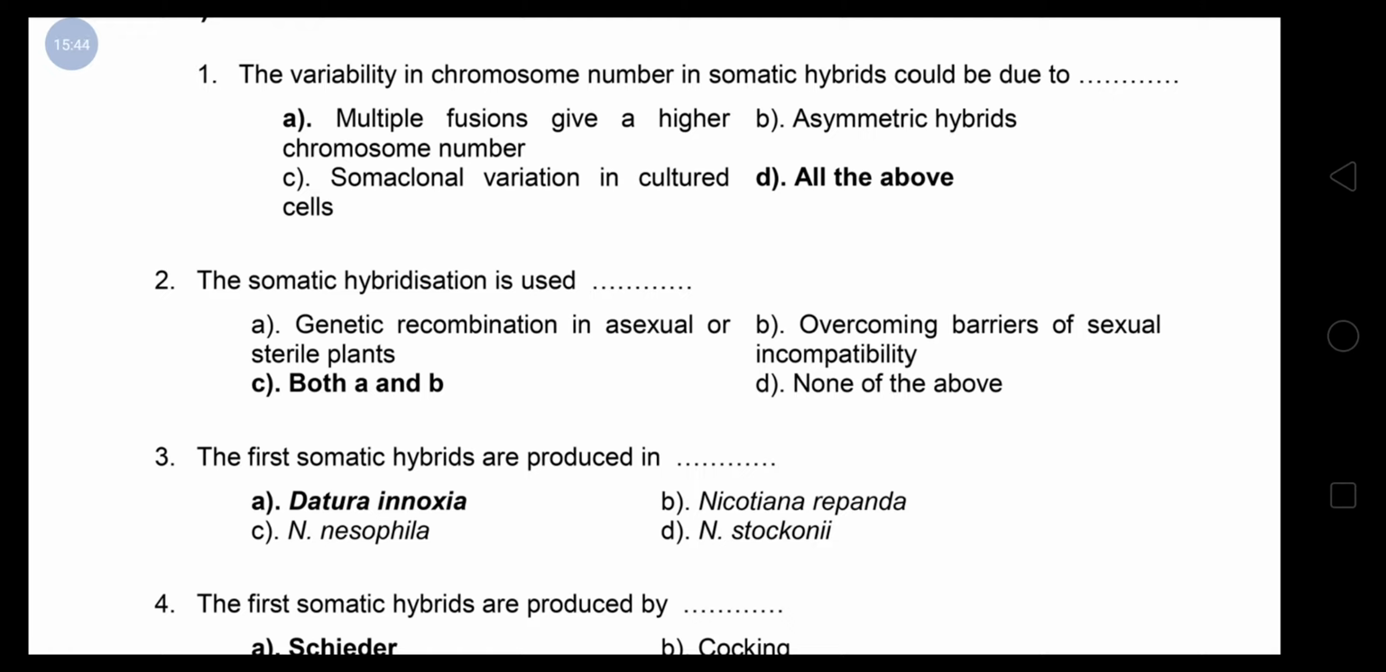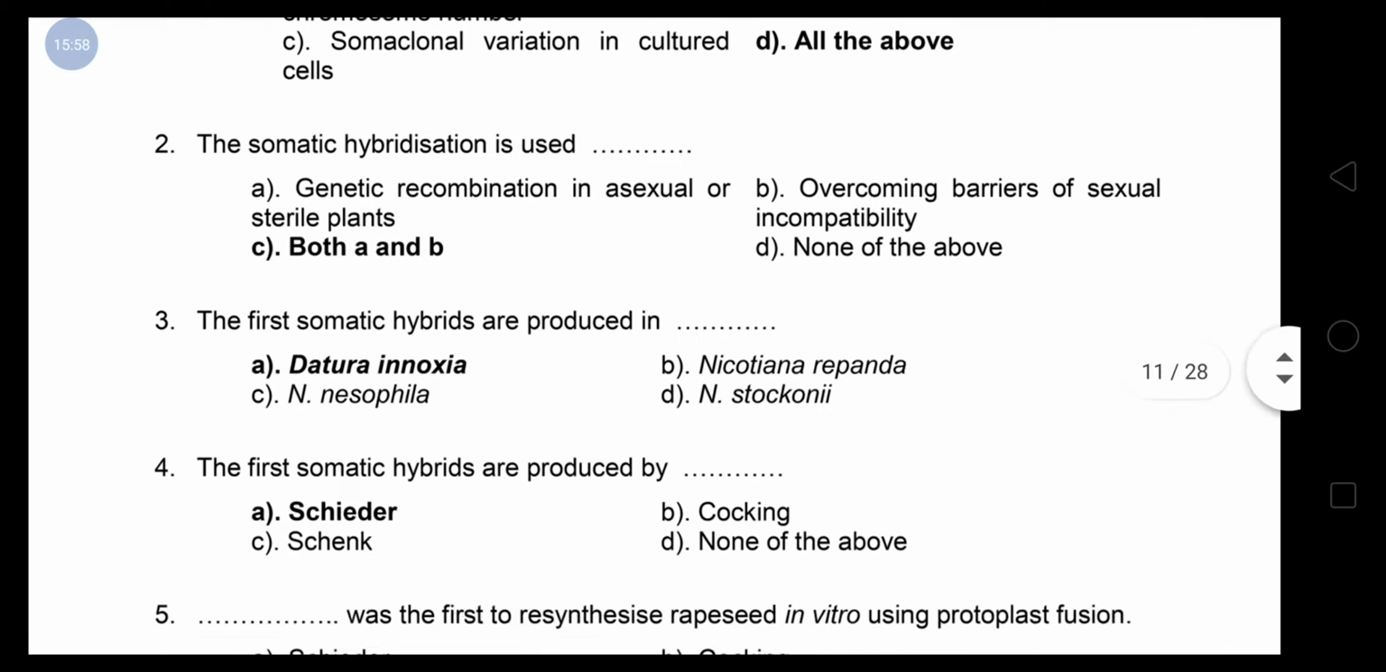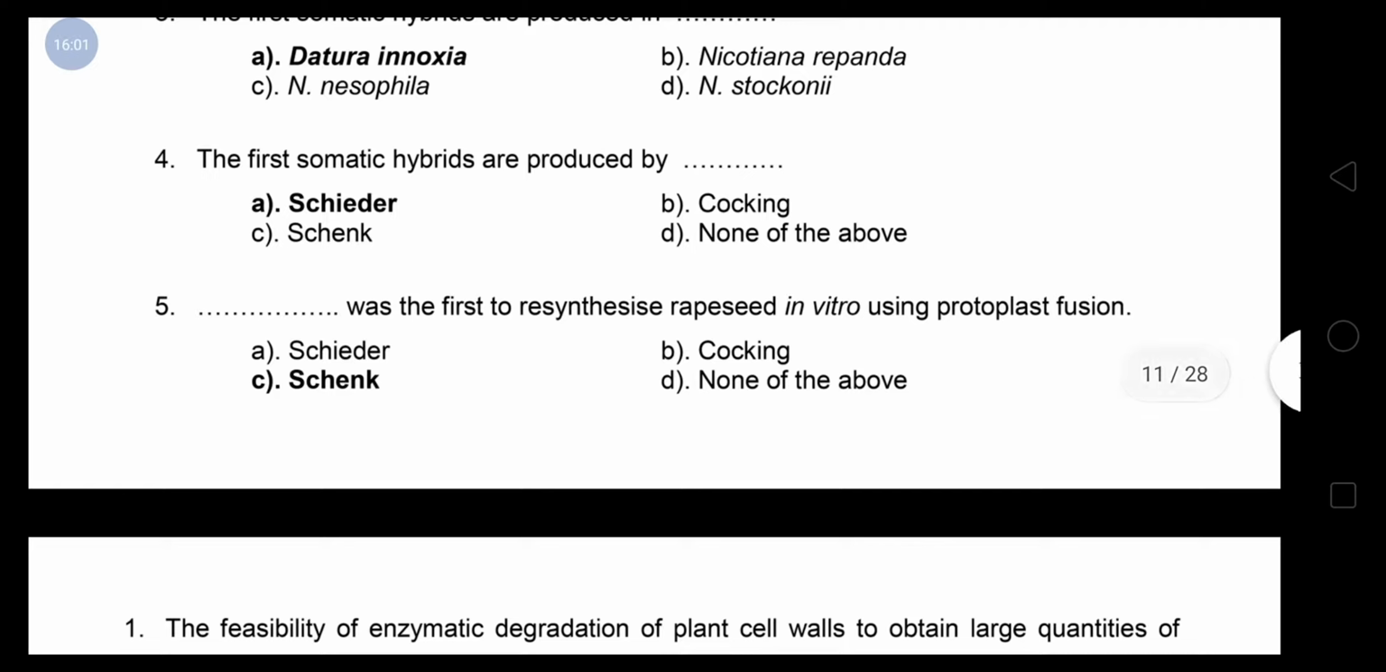Somatic hybridization is used in genetic recombination in asexual or sterile plants, overcoming barriers in sexual incompatibility. The first somatic hybrids were produced in Datura innoxia, and this was produced by Carlson. The first to resynthesize rapeseed in vitro using protoplast fusion was Schenck. Here again you need to remember two scientists. The first somatic hybrids were produced by Carlson, then Schenck was the first to resynthesize rapeseed in vitro using protoplast